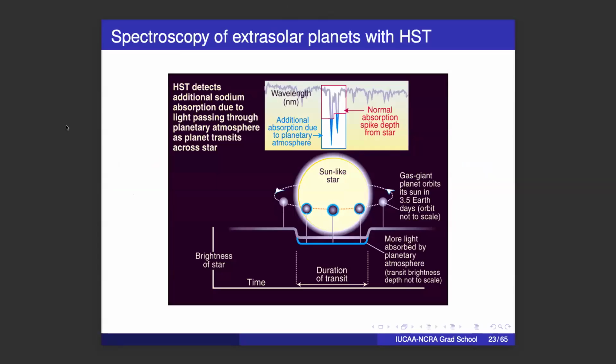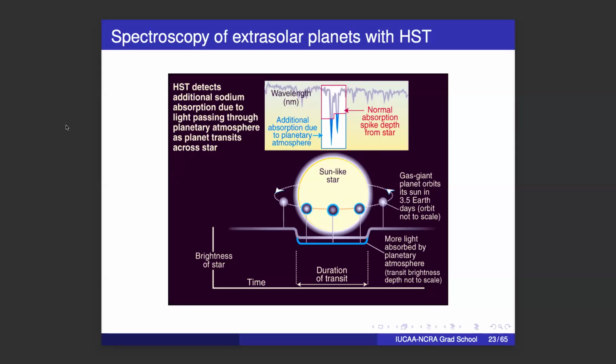Okay. So this is the picture of the first detection of the chemical composition of the atmosphere of an extrasolar planet. So the idea is as follows: there is this planet which is going around a star. It's in a 3.5-Earth-day orbit. Very close to the star. But if you take its spectrum, when it is transiting,